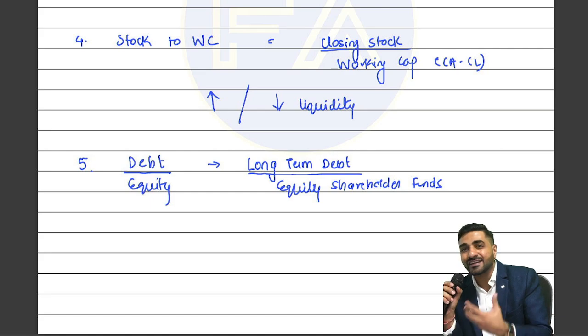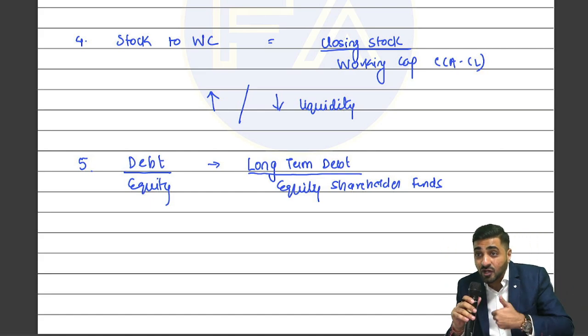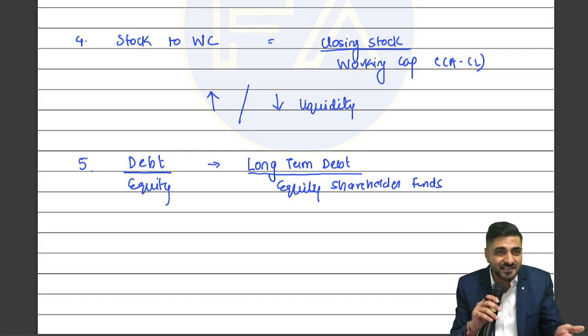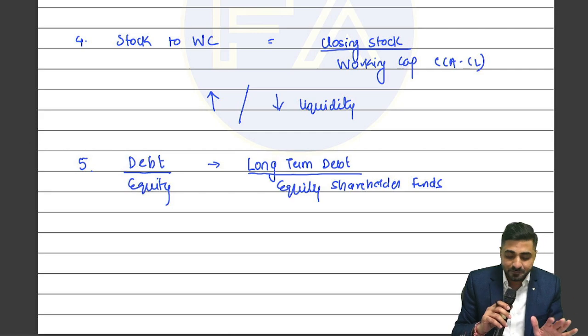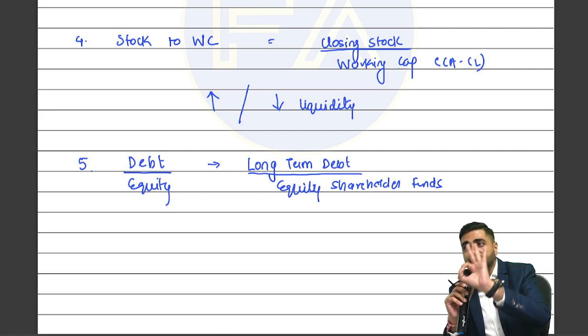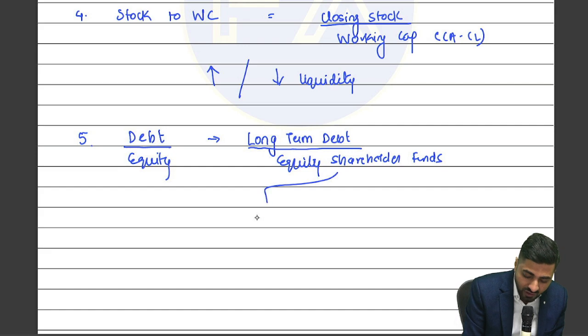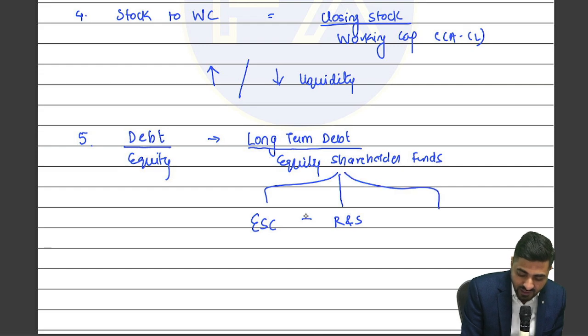So we will come to that, but first of all, debt equity ratio, what does it try to tell you? It tells you how much money they have taken from outside and how much is your own money, which is being invested in the business, right? So equity shareholders' funds has three important things. The first one is your equity share capital. The second one is your reserves and surplus. And to this, I subtract something called miscellaneous expenditure not written off.